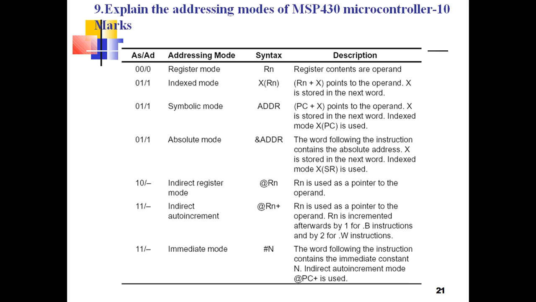Next, indirect register mode. Here you are going to use the at symbol as a pointer with the Rn register. That n value changes from 0 to 12. And next one, indirect auto increment register. Same thing. Here you are going to use the at symbol as a pointer with Rn. Plus means it is going to increment automatically by 1 after execution of the indirect auto increment instruction. Next one, immediate mode means here you are going to use a hash symbol along with a number. You have to mention it immediately after the hash symbol, so data will be present in the instruction itself.